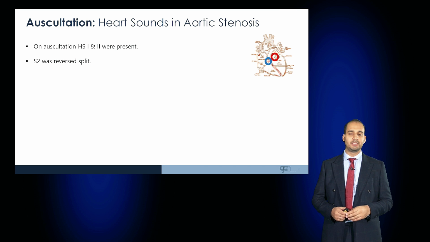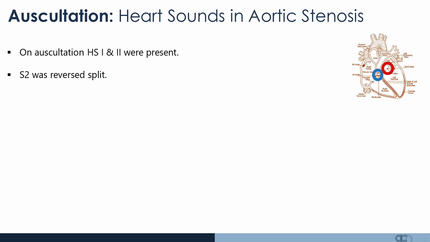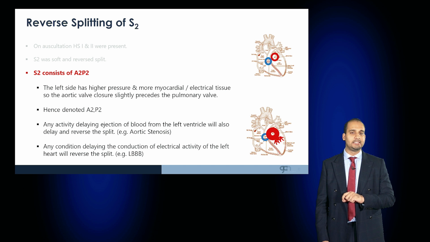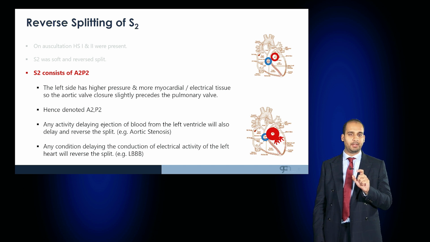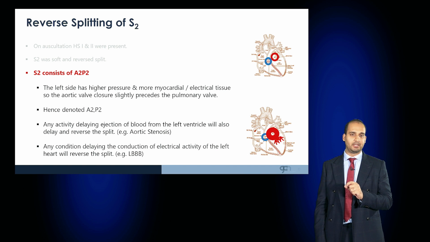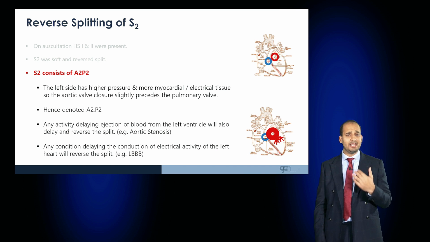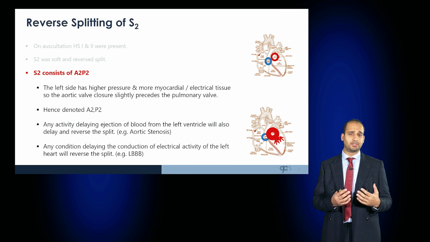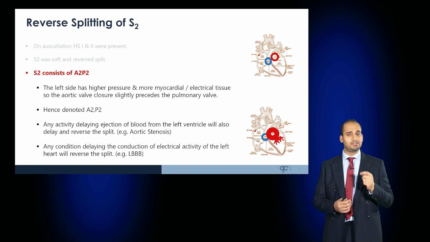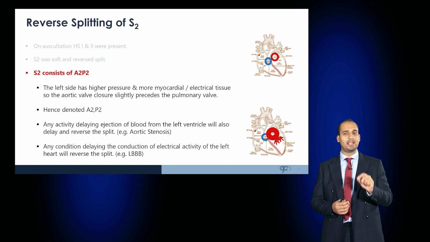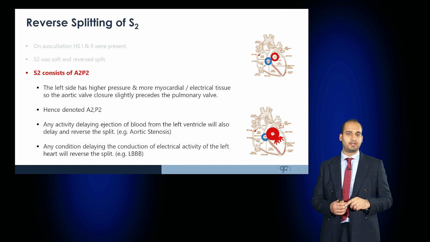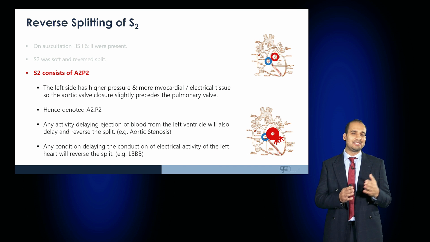Percussion's not relevant in the context of a cardiac examination. On auscultation, heart sounds 1 and 2 would be present, but S2 would be split. Now, S2 consists of two components, the aortic and the pulmonary component. The left side has higher pressure and more myocardial and electrical tissue. As a result, the aortic valve closes very slightly before the pulmonary valve, and hence we denote that as A2,